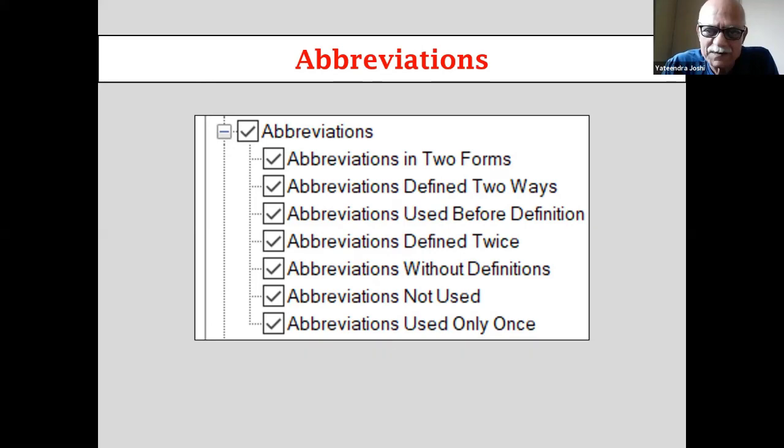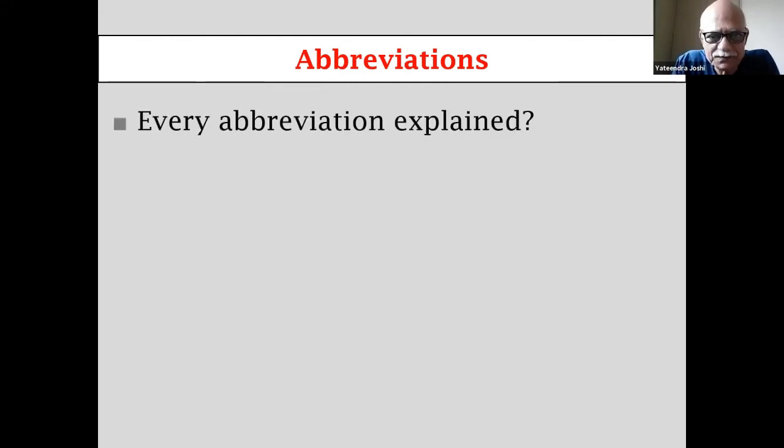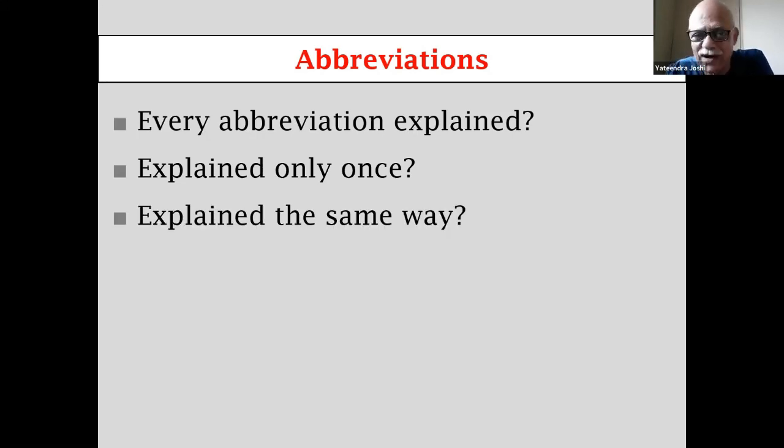Abbreviations defined twice. In fact, that's the point I raised with Daniel about this. Now, for instance, in most research papers, the captions to figures are expected to be independent of the accompanying text, you need to explain it to be freestanding. But this is a logic that is beyond Perfected, so it will keep telling you that you have explained that abbreviation more than once. Then you need to use your discretion. So these are the things that it checks. At the same time, it might fail in some ways. I will come to that in a minute.